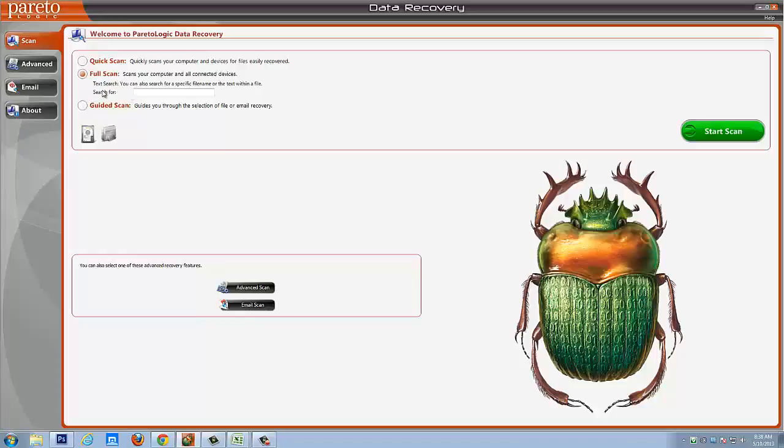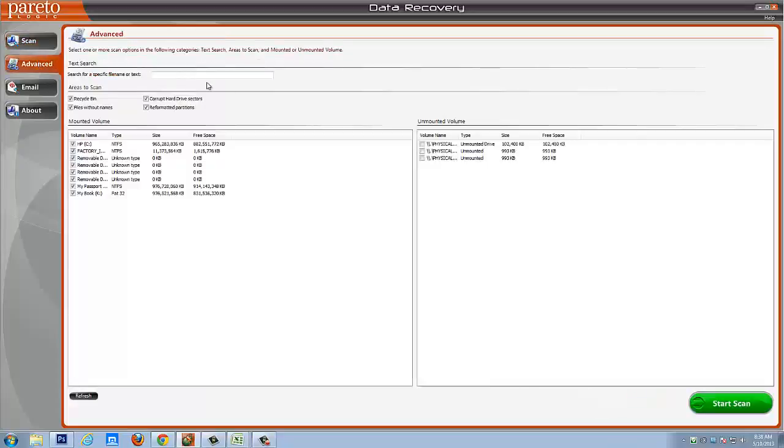And then if you're completely new to this and you just want a walkthrough guide, you can do the guided scan. The guided scan basically walks you through step by step of recovering files from any type of device or even your email. And next we're going to see the Advanced tab, and the Advanced tab is usually what I jump over to because it seems to be the quickest way for me to access any kind of files that I need to recover. And you'll see here are listed all of the devices and removable media that I have on my computer,